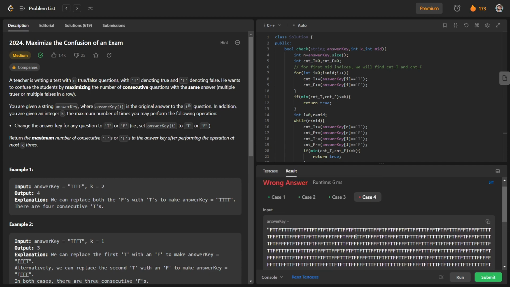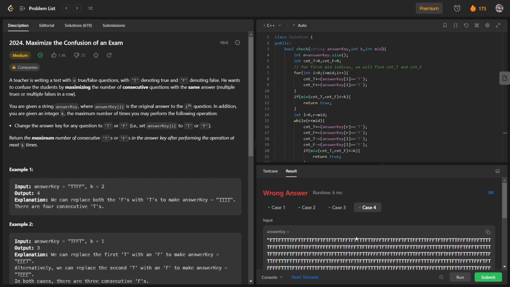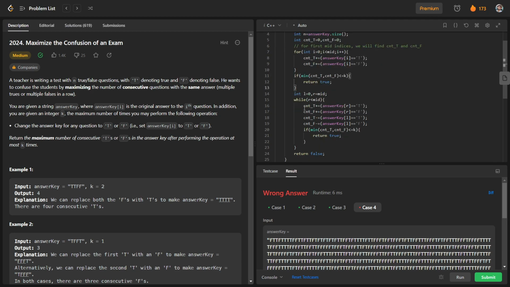I don't think so. Why is it not working? So let us see what our error is. So I have written here, this part is again true, this part is again correct, and this part is again correct, and answer key of T, and this part is again true, and it is also correct. Okay, and while R is less than, so this was our mistake.